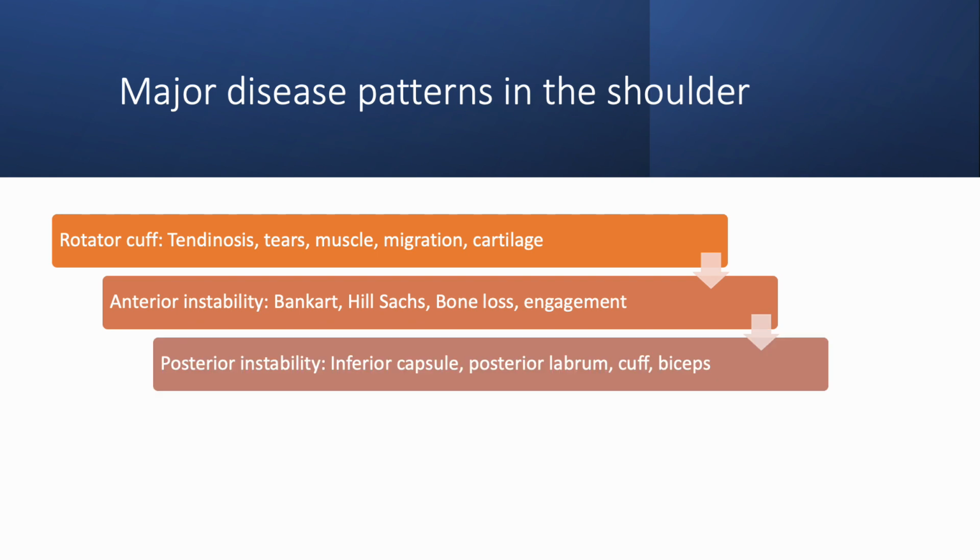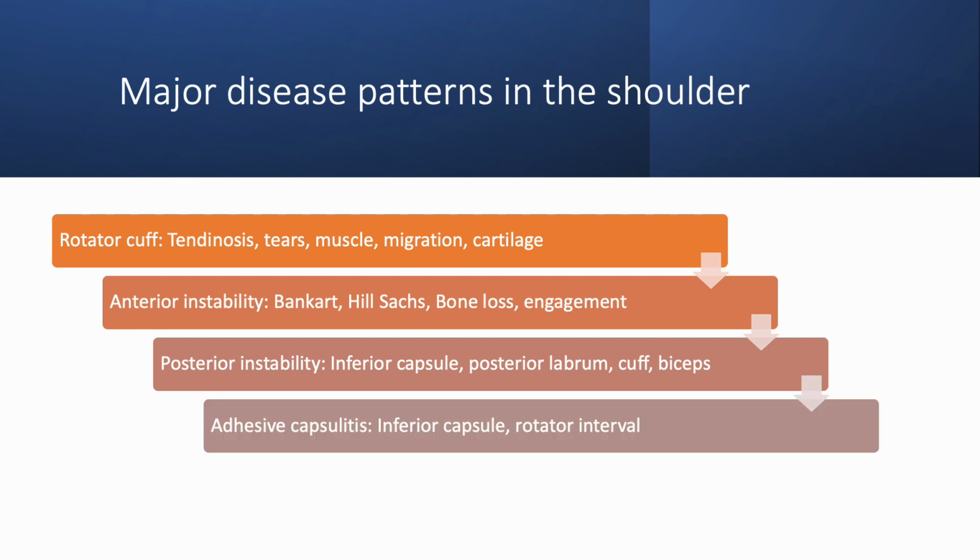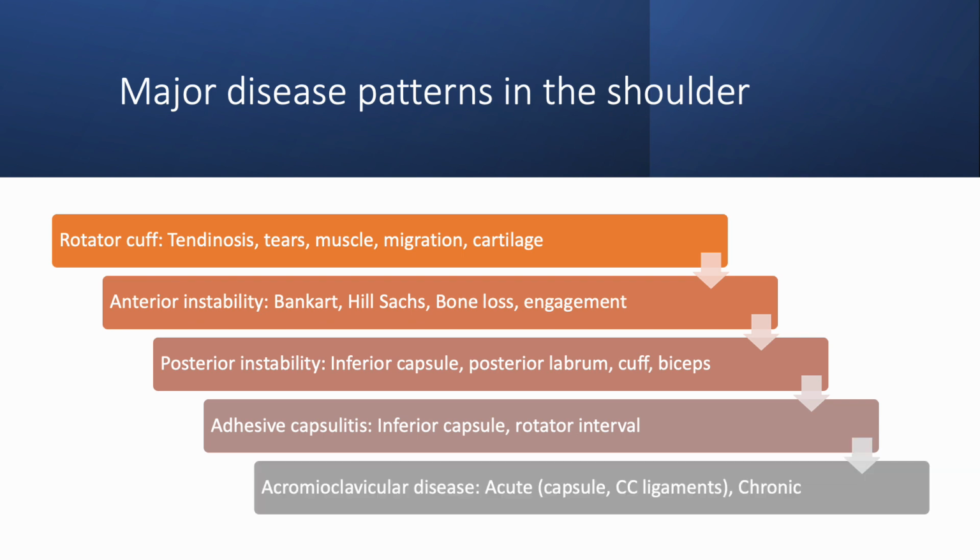In posterior instability, we talked about acute posterior instability with the reverse Hill-Sachs and the posterior labral tear. And then we also talked about the concept of capsule-related or chronic overload-related capsular injury resulting in posterior impingement, which could be the same compendium of things, which is posterior impingement, posterior internal rotation deficit, multidirectional instability, among a few other things. We talked about adhesive capsulitis and how it is important that just because we see capsular edema, it doesn't mean it's adhesive capsulitis. And we talked about the acromioclavicular joint in acute situation with acute trauma and on a more chronic loading